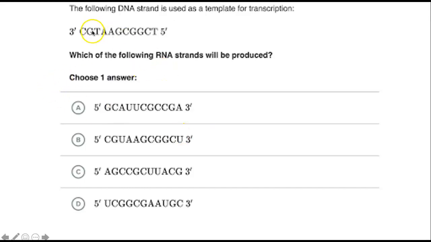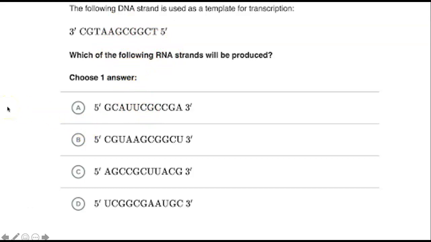And I would read it left to right, C, G, T, A, A, but let's just go with the first letter. C, so what would the 5' to 3' RNA transcription need to be? Well, the first letter would have to be 5' G. Do we have that? Well, here's 5' G. The next is 5' C, 5' A, 5' U. Well, none of the other answers have that, and so it's got to be A. Should be a really easy question here. 5' G, let's just make sure. G to C, T to A to A, A, U, U. So we can see that this works. That's our answer. The answer is A.